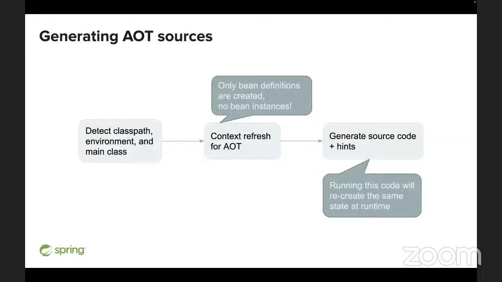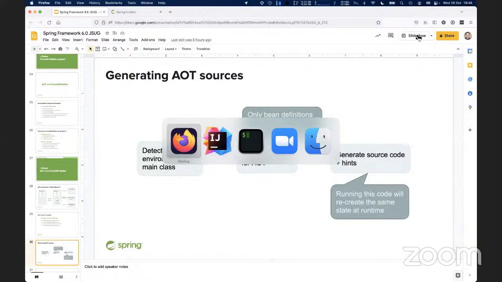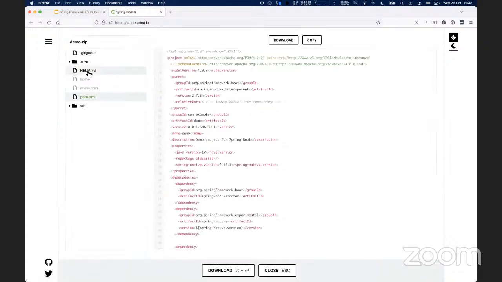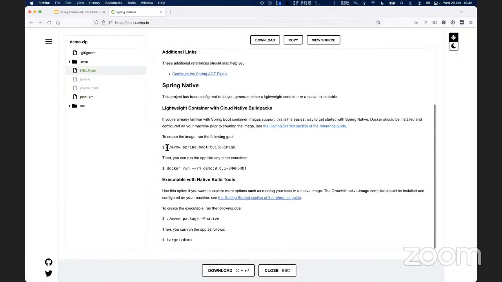Okay, so if you want to get started with this, there are a few recent blog posts about it. As usual, if you go to start.spring.io, you pick up GraalVM native support. You can also, let's have a look at Maven. So if we look at Maven, you'll see that you also get